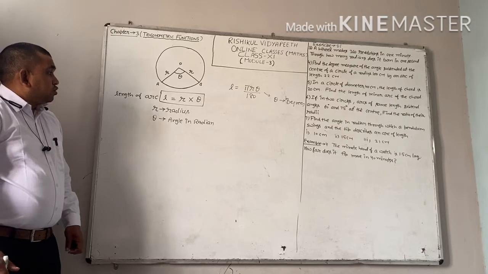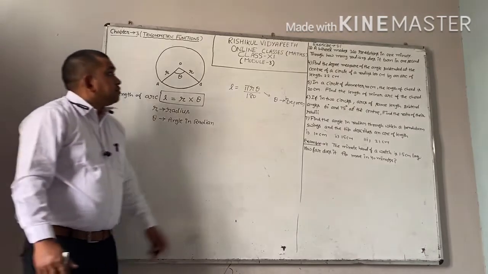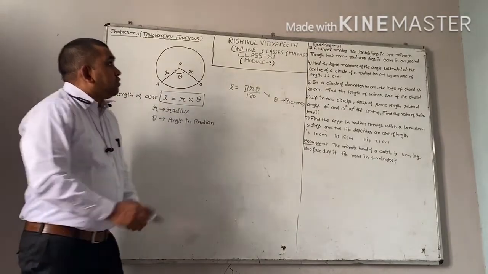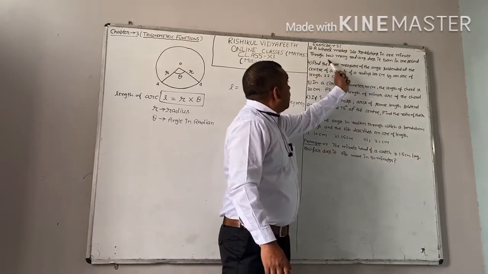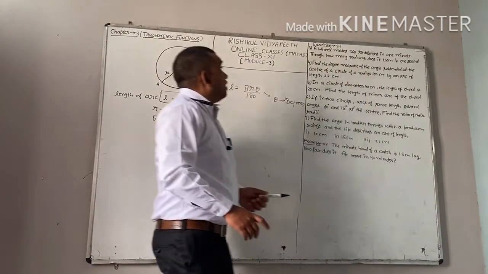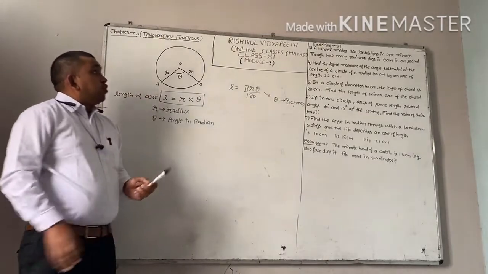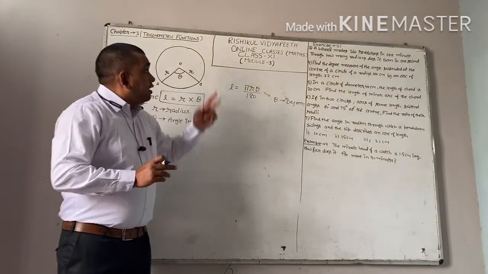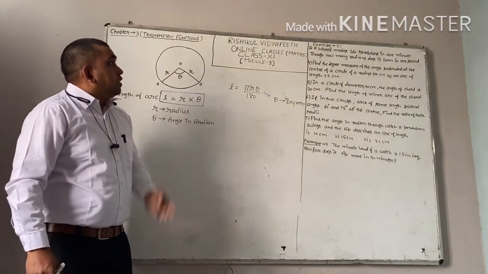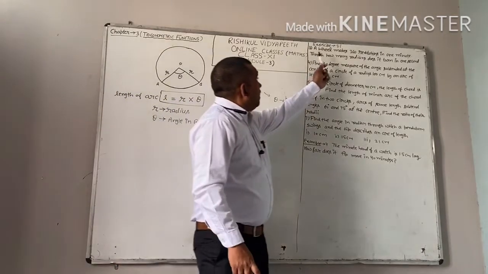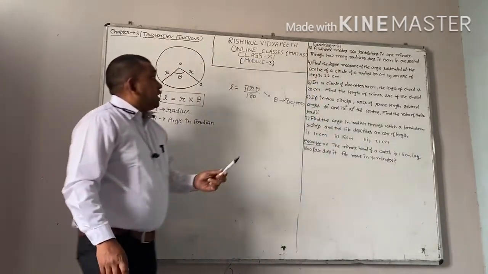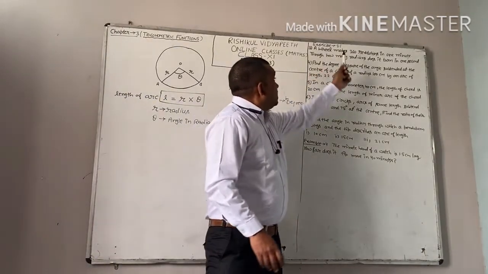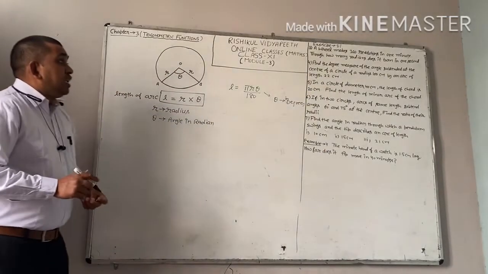Now let us do some questions based on this formula. Your question is, a wheel makes 360 revolutions in 1 minute. Through how many radians does it turn in 1 second? In word terms, what is given to you, you will note down first. After noting down those things, you will start solving your question. Now what is given in the question? A wheel. This wheel may be of a cycle, a scooter, a bike, or anything. This wheel is making 360 revolutions in 1 minute.